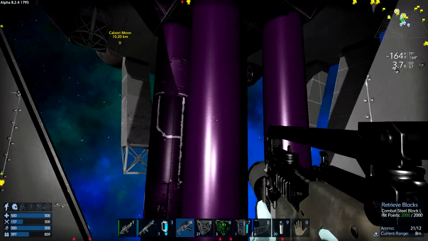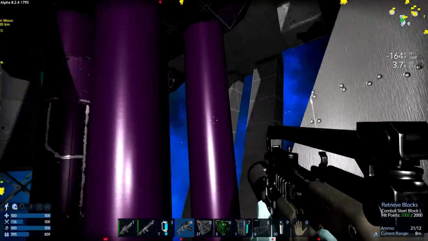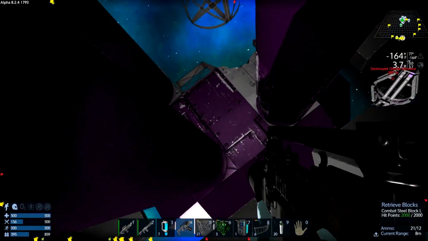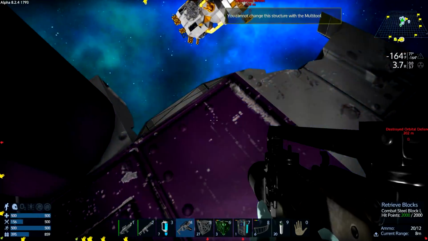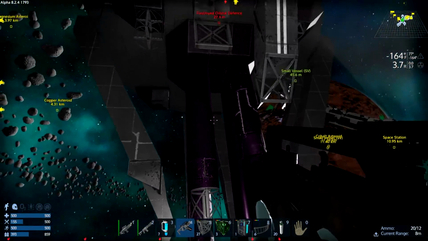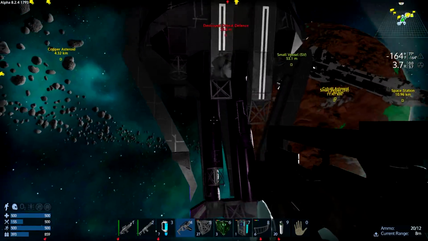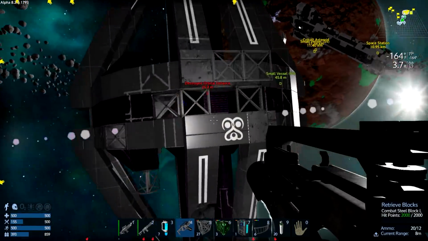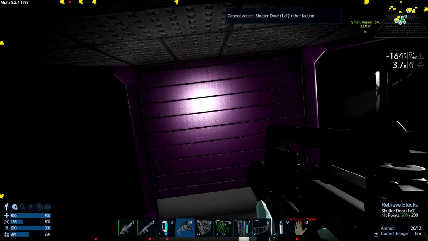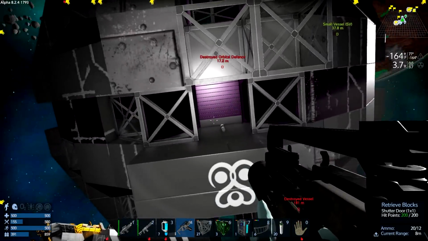Orbital. Just checking to see if there's anything of value in here. Core or anything like that. I cannot... Okay, so there's definitely a core in here somewhere. It's an orbital defense, so there's got to be... Aha, here we go. Let's go on in and see what we've got going on here. Cannot access shutter door other faction. Okay, so...